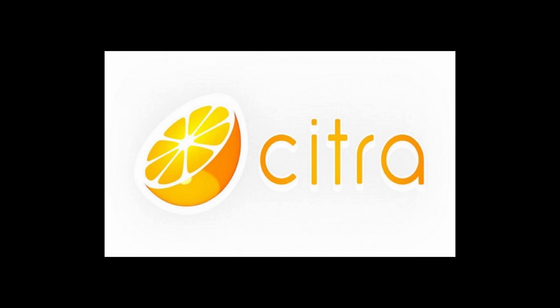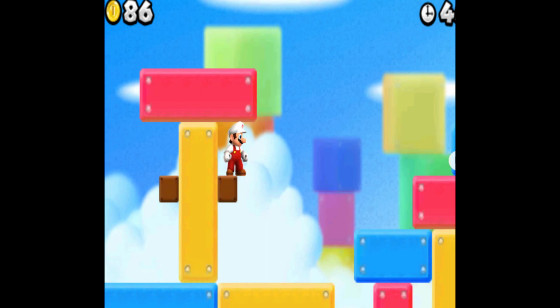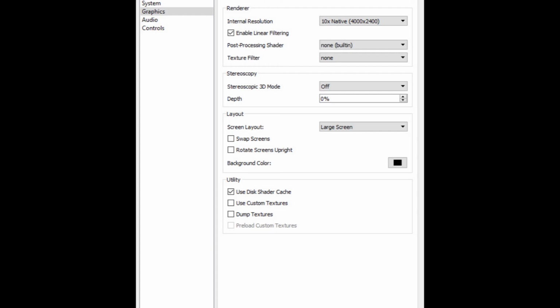So picture this: you're playing Citra, a game like New Super Mario Bros. 2, a 2D game, which is a key element here, and you decide to upscale it. And you notice Mario looks really nice, but what's up with the blocks and the terrain and the land? Well, today I'm going to give an in-depth look at how upscaling works and why it doesn't work with